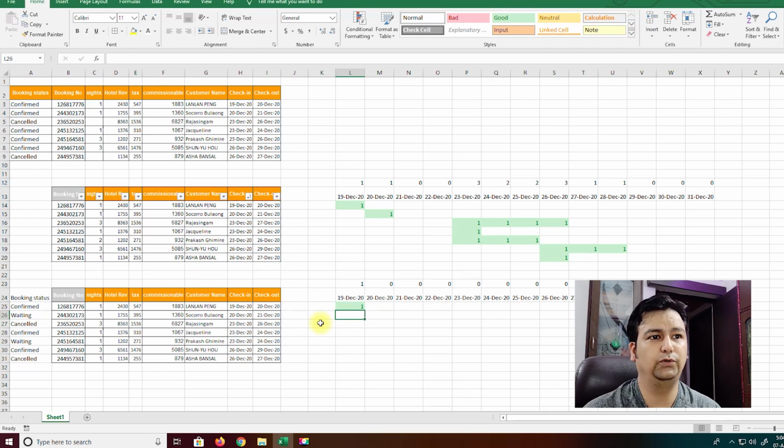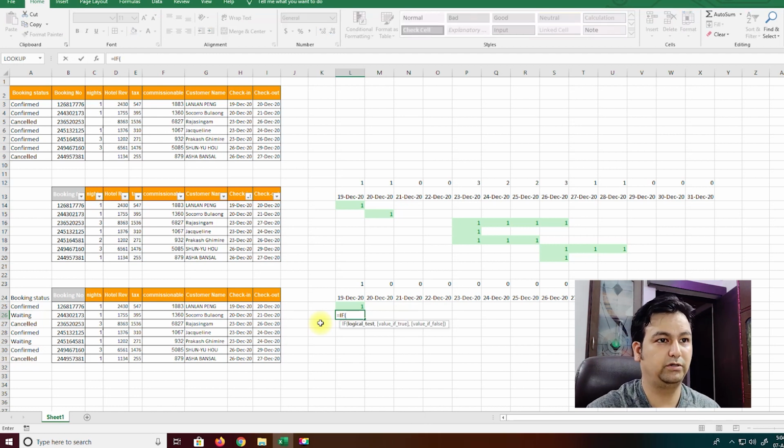So in this cell only, I'll start writing the formula, which is IF. I press tab, then I'll write OR, and I'll press tab again. Syntax for AND and OR functions are the same. So for the OR function, either of the conditions is to be met in order to produce a result, whereas in the AND function, all the logical expressions should be met before producing a result.